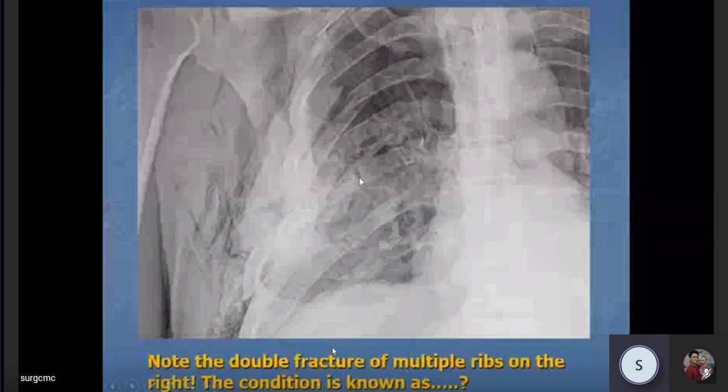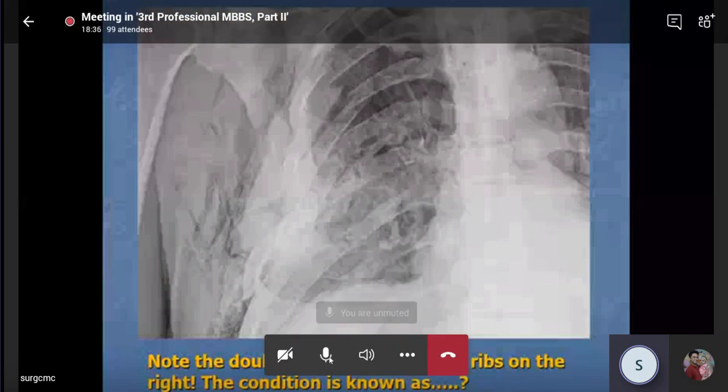Say that. So, if you are asked what you can see in this kind of picture, if you are given a chest X-ray with rib fractures, please look for double fractures, because the examiner is going to ask you questions on flail chest or another variant called Stove-in chest. So, rib fracture. Yes, sure. This is one fracture in this rib, and this is another fracture zone in a different rib. Here, one here, another here.